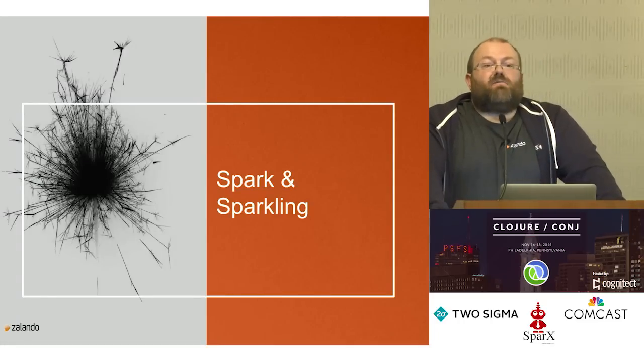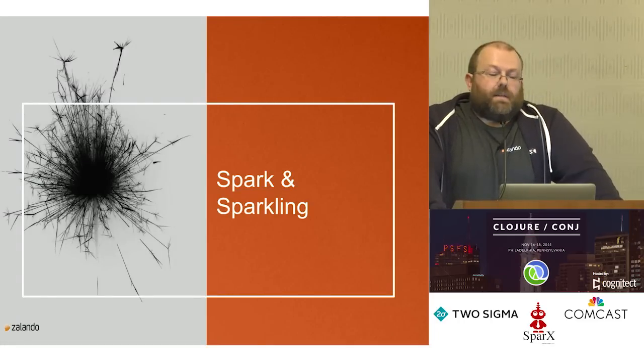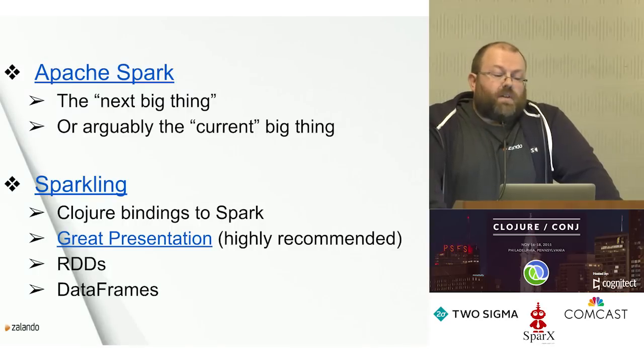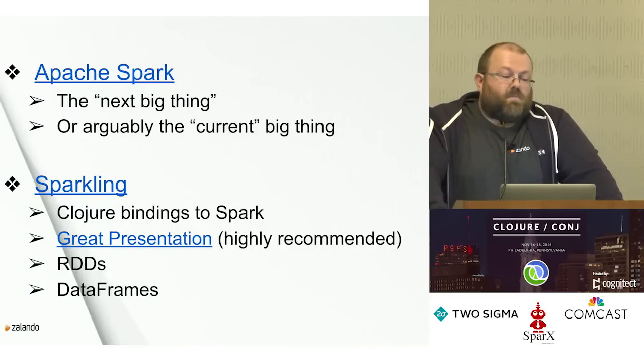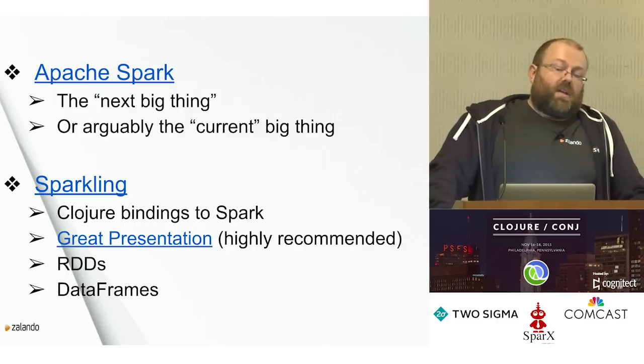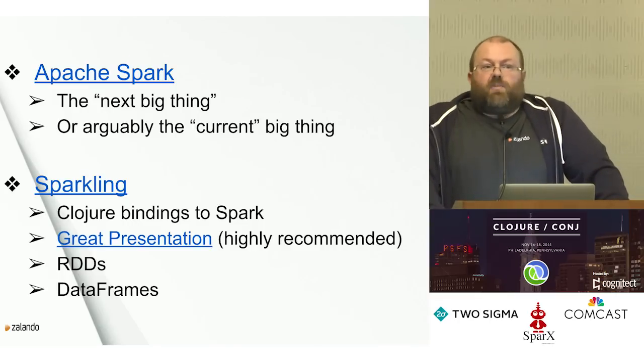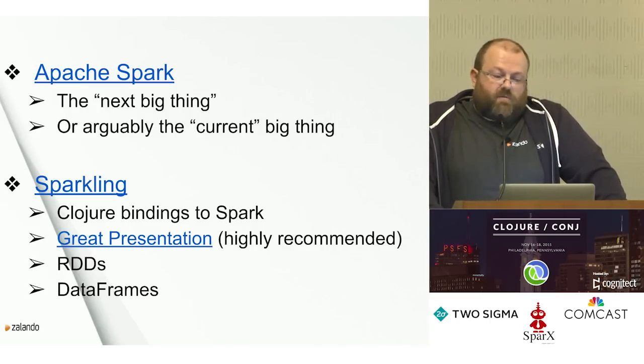So now that we have a load of data, more than we expected, how are we going to use it? We need to be able to manipulate it in a scalable way. For this, we used the Apache Spark project. Spark is arguably the next big thing, or even the current big thing. IBM are pretty much all in with Apache Spark. I was at a Spark conference there recently.